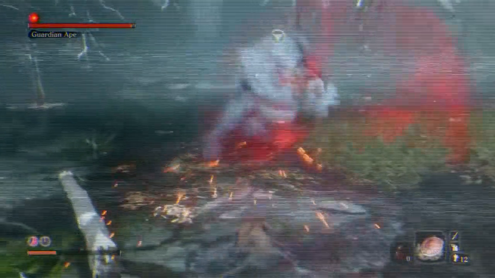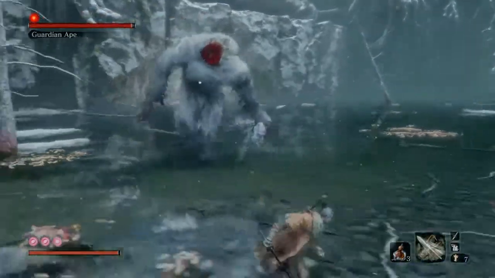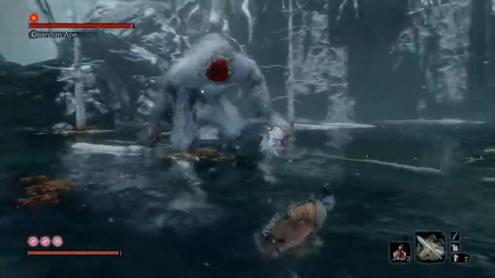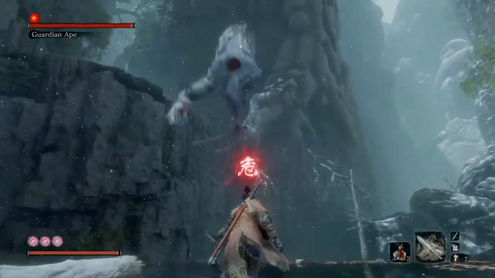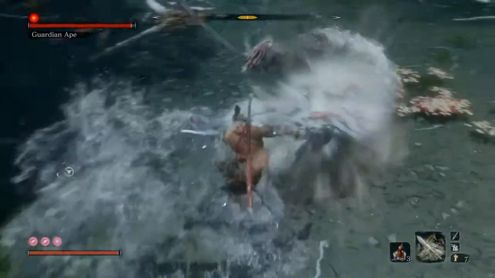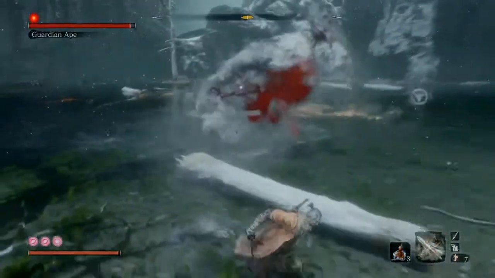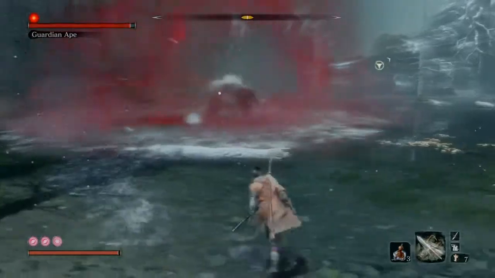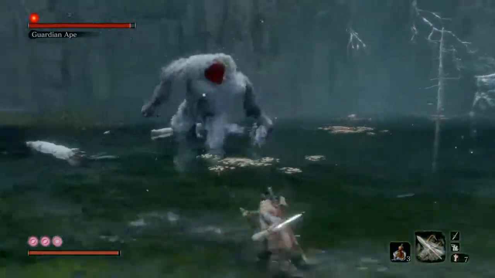Another option is to use your umbrella and avoid all of the damage that way. But unless you're going for a really quick kill, which is possible, it's not necessary. That one you can go ahead and jump on them and get a little bit of posture damage and a tiny bit of other damage, but again, not really necessary. You want to be mostly waiting for his sweeps